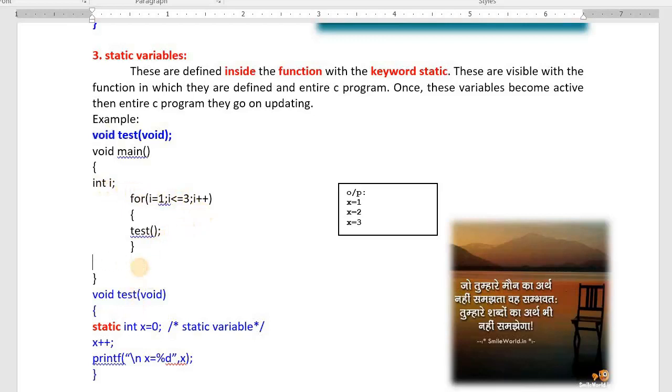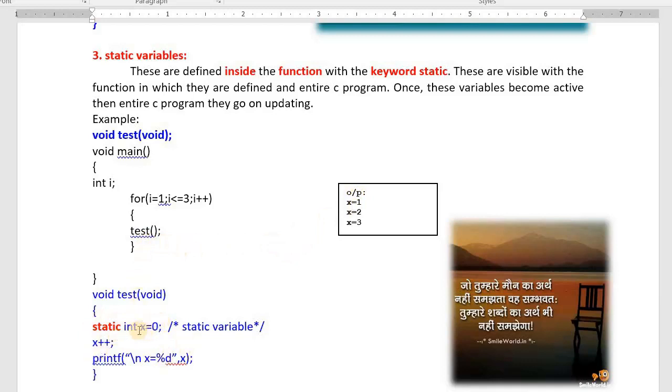3 times. Whenever the function is called for the first time, this variable becomes active. That means 0 has been stored inside x. x++, x becomes 1. x is printed. x = 1 is printed. Whenever the function is called the second time, this will not work. The previous value will be updated now.